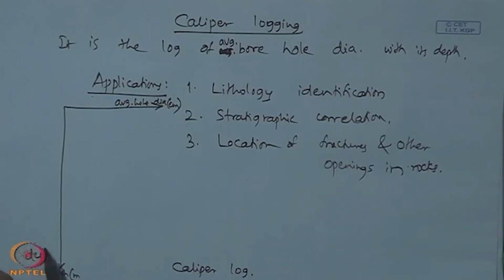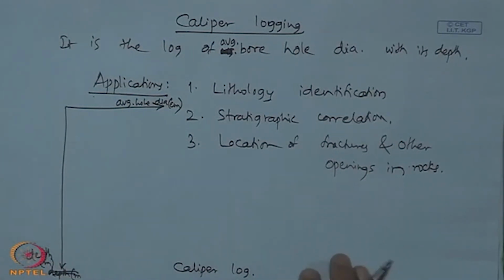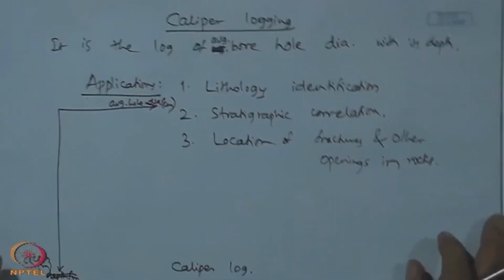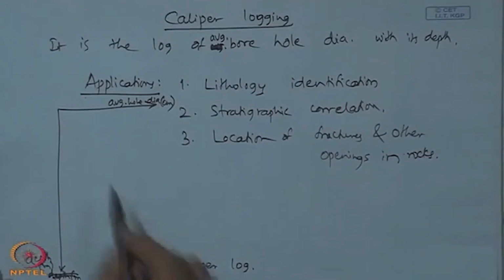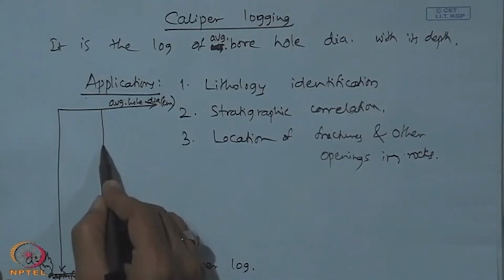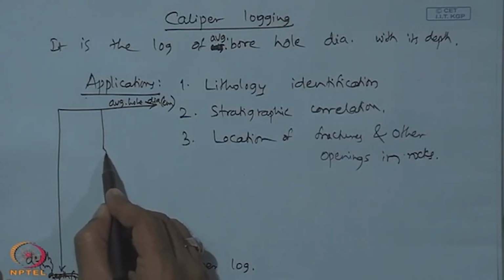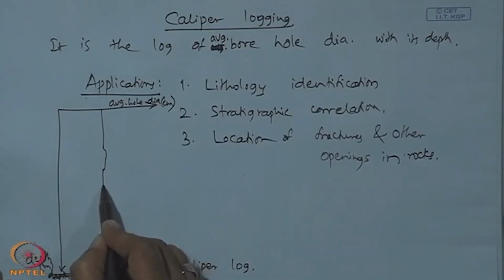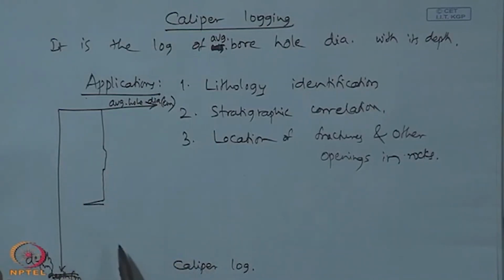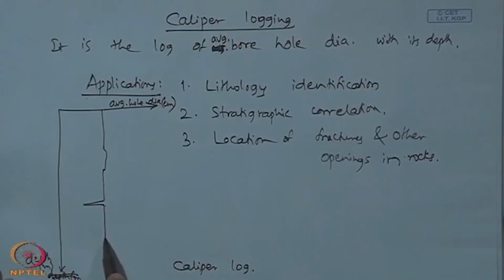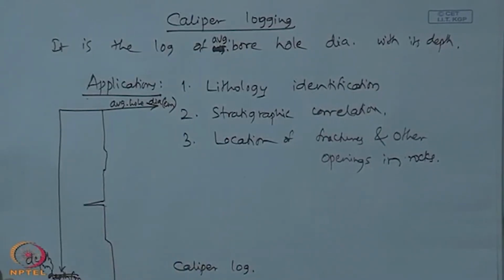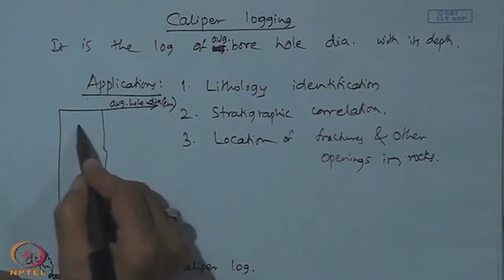This is the depth in meters, and in this case it may show something like this. Here this represents a casing,